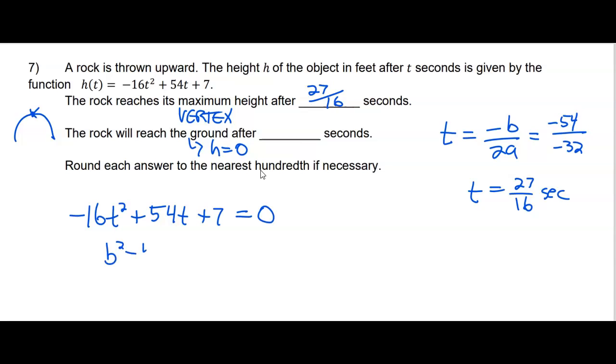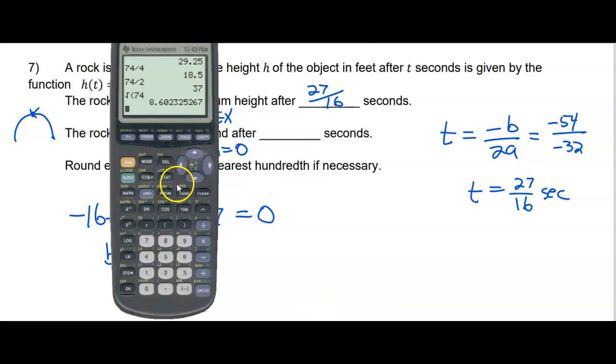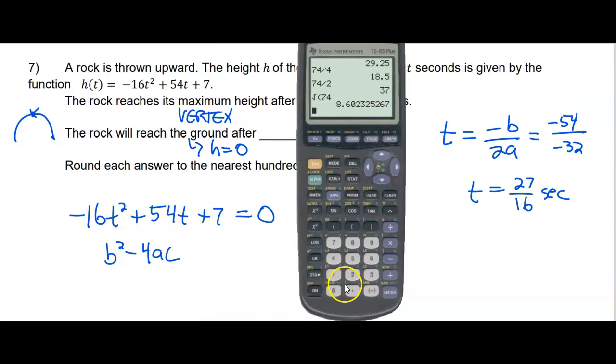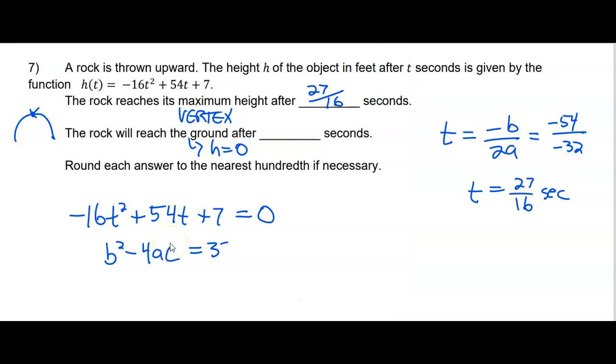I work out the discriminant first, just so that you can check the work. B squared, that would be 54 squared minus 4 times a, which is negative 16, and c is 7. That gives 33/64. Now they are asking us to round if necessary, so I'm going to just use my calculator